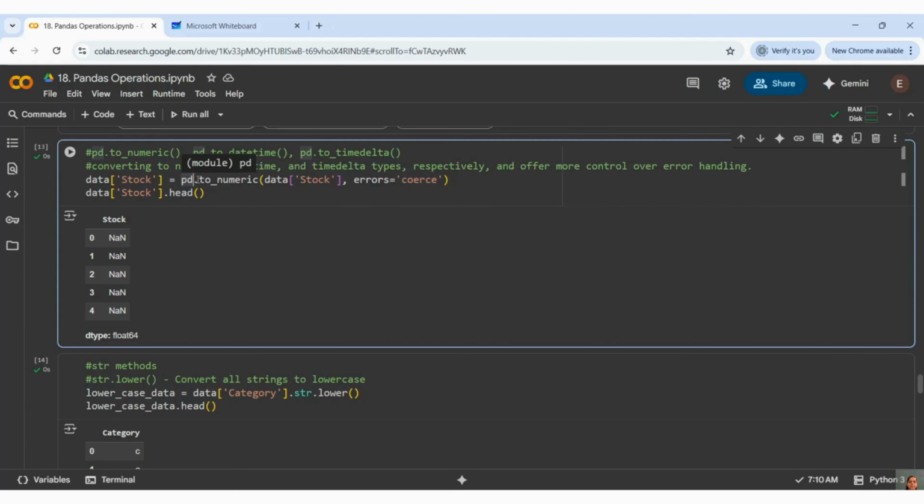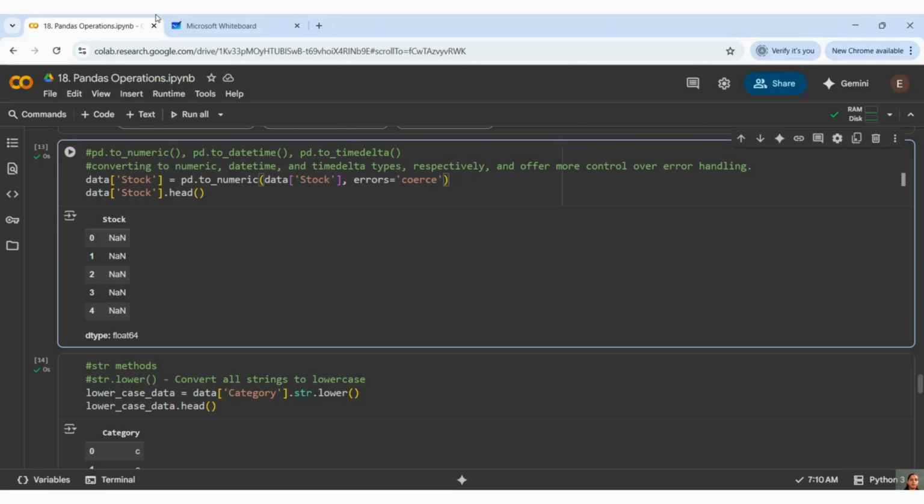Pandas has a method called pd.to_numeric. If you want to convert something to numeric, you can do it in this way, and with that, wherever the errors are there, it can coerce that error. What does that mean, guys?